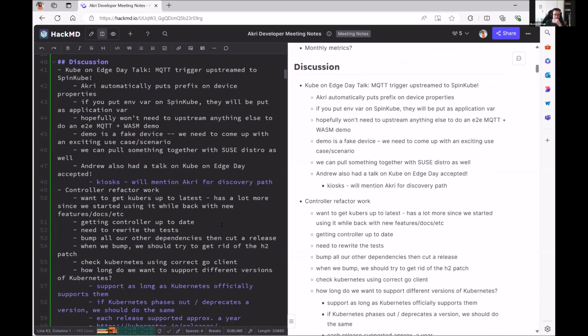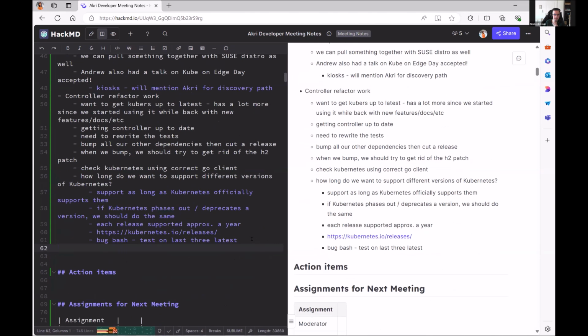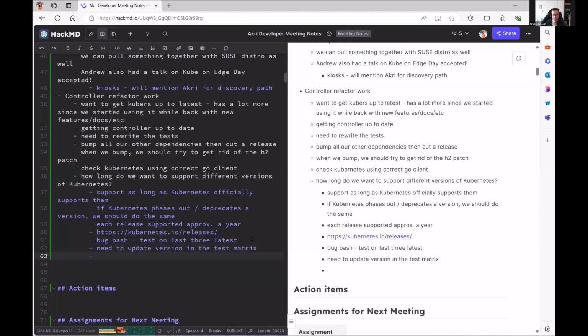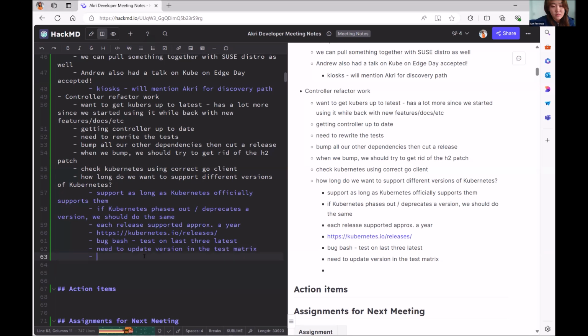On this, I think we need to update the version in the test matrix. I'm not sure they are up to date. 1.16 or higher.